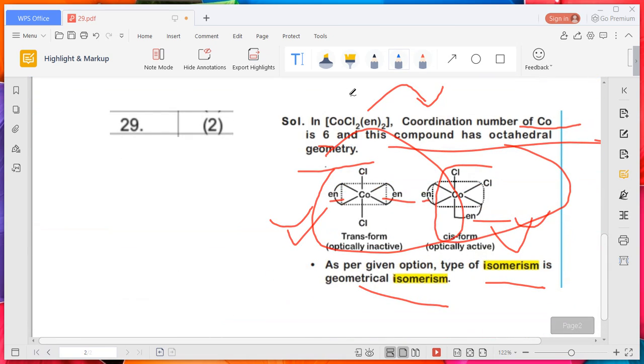So this is the CoCl complex, the coordination number of Co is 6, and this compound is octahedral. So it forms the two forms, trans and cis, and this is geometrical isomerism. Is it optically active or inactive? The two forms. So